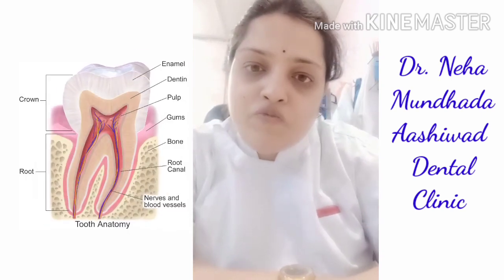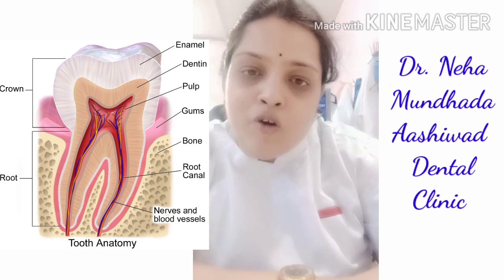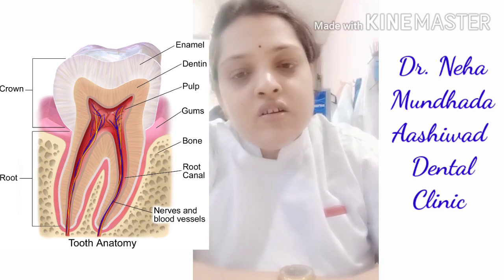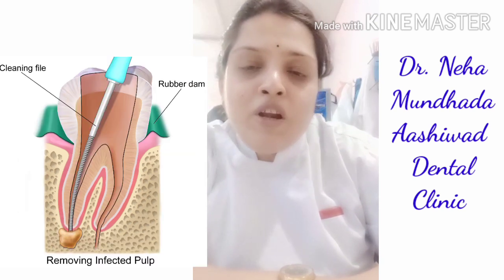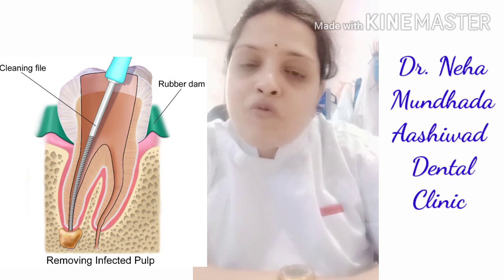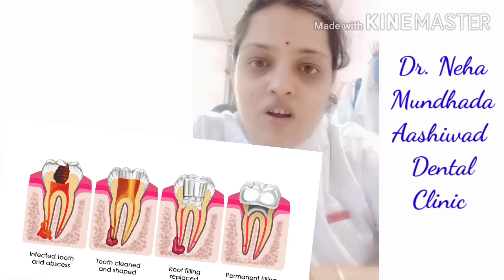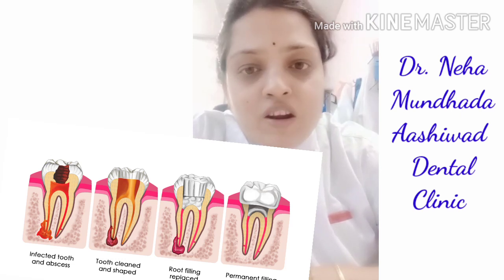Root canal treatment is nothing but the removal or cleaning up of the whole pulp chamber, debridement of the canal, and placing or filling, completely obturating, with an obturation material, a rubber-like material called gutta percha. So here we get to know about the steps involved. First of all, step 1 is when medication doesn't work, then there is a need of root canal treatment.